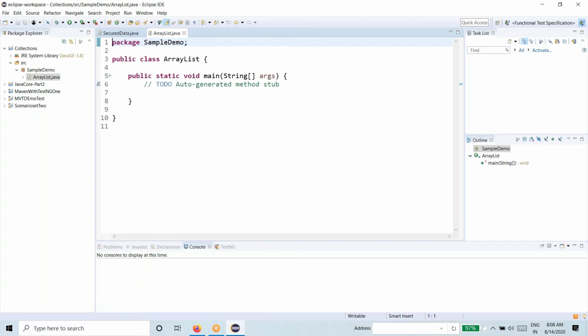So the objective of ArrayList is that it's expandable. Memory allocation will be spontaneous over here. We should not worry about the memory consumption whenever we are adding new elements to the ArrayList variable. And let us discuss the difference between ArrayList and the single dimensional array.